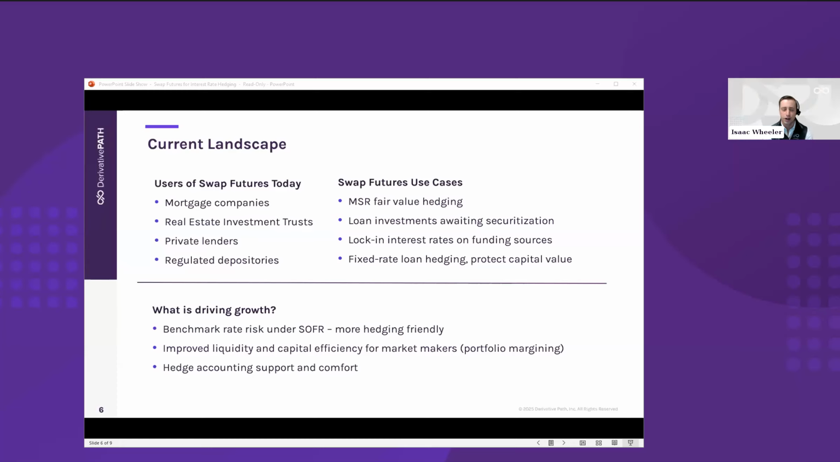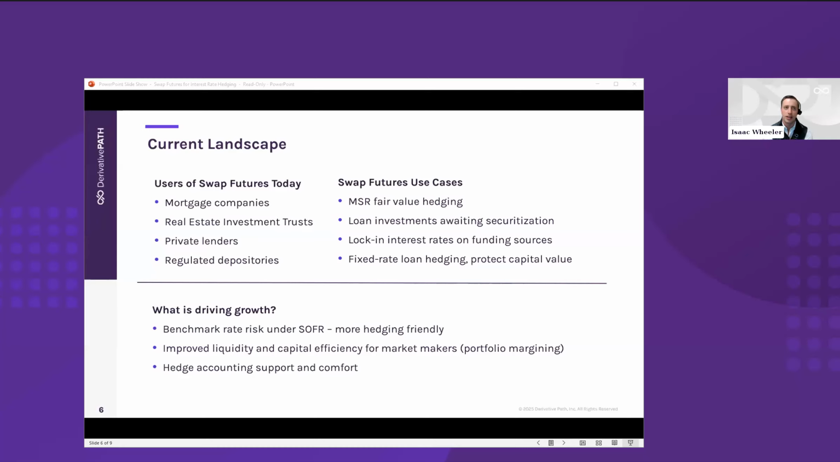Yeah, and I've heard your colleague Jeff Sharp say, look, portfolio margining basically brings the liquidity of the cleared swap space to this product, right? You can think of the two as interchangeable now because of this portfolio margining, and that I think is definitely big. And then I think maybe the last bullet here, and Craig would welcome your thoughts here as well, but it's hedge accounting support and comfort, right? So I think previously